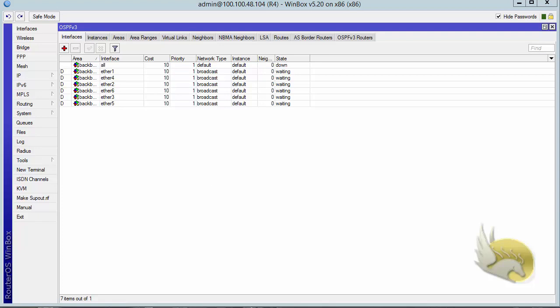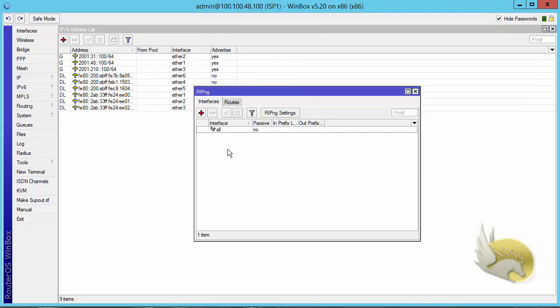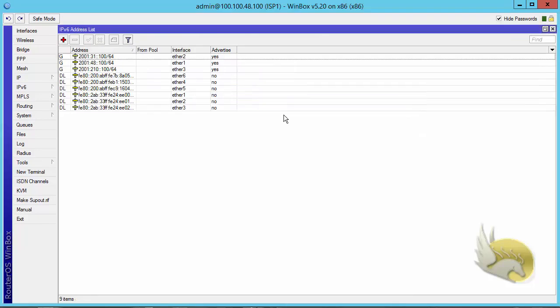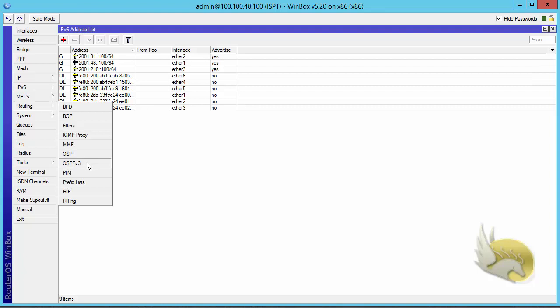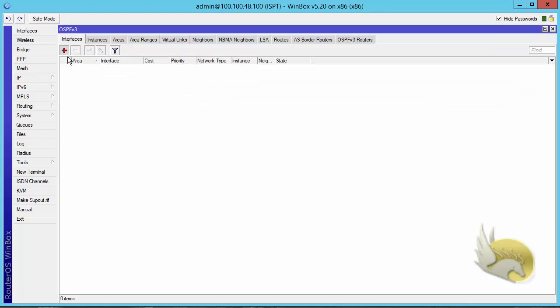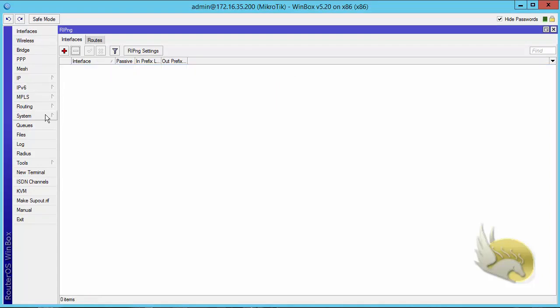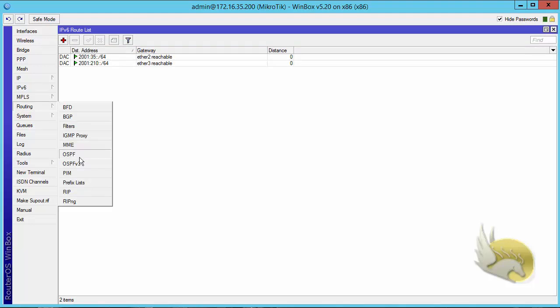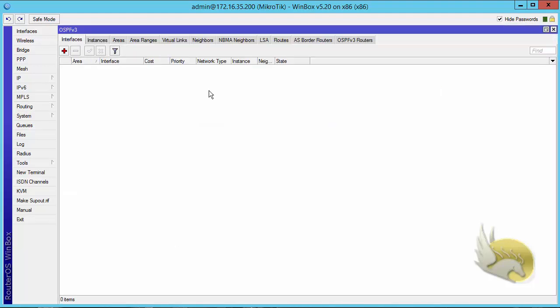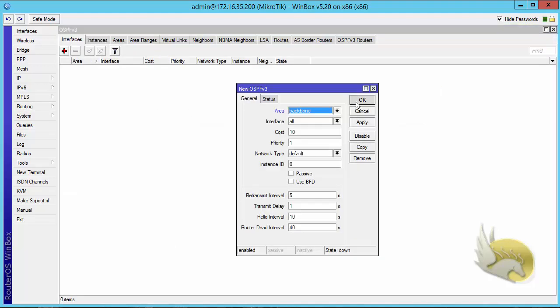On ISP1 and ISP2, I want to do the same thing. So I go to OSPFv3 and add all interfaces to backbone. Let's go to ISP2 and do the same thing here. Remove this, RIP next generation, go to routing OSPFv3,